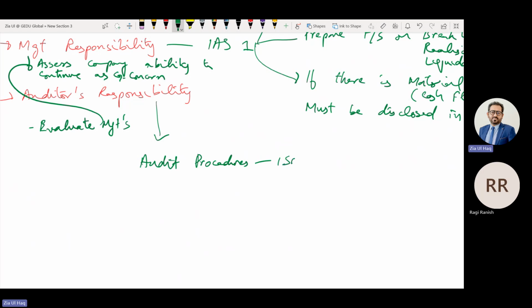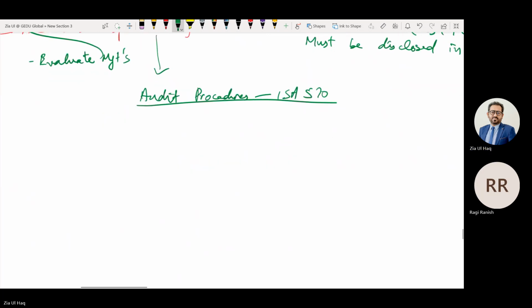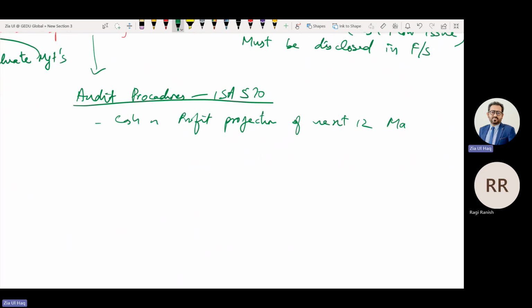As per ISA 570, what are the audit procedures that the auditor should perform? The auditor should inspect cash and profit projection of the next 12 months to see any chance of recovery in the future.